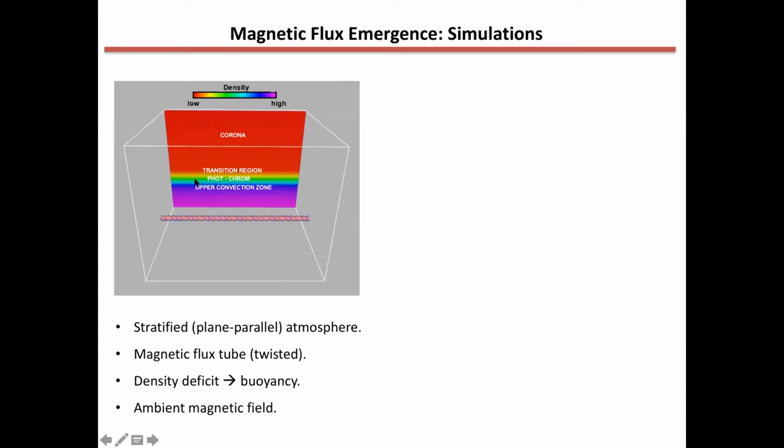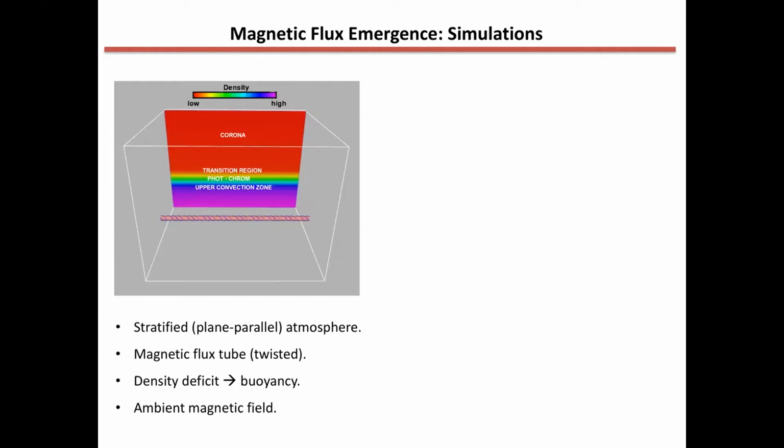Then include a stratified atmosphere in the background, and then put a density deficit inside your tube. Density deficit means that you can make one part of this tube less dense, and therefore more buoyant. And it will rise to create this kind of magnetic loop that you saw before. Although this initial setup sounds very simple,